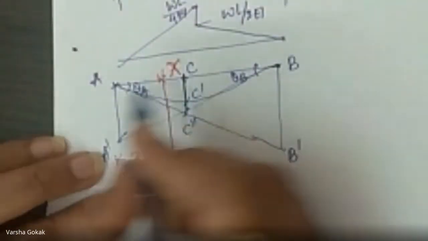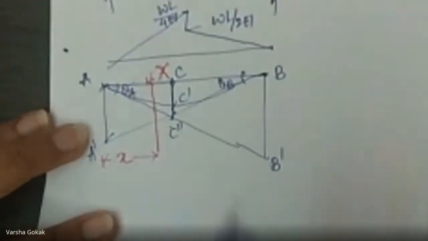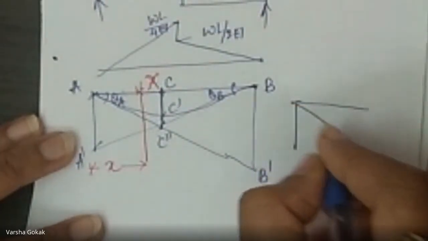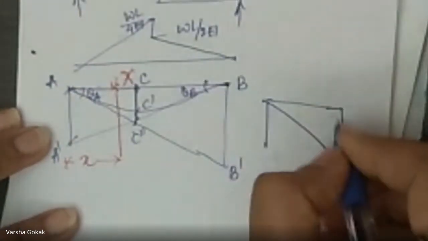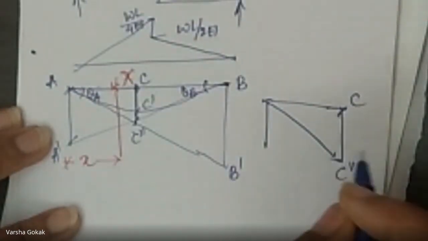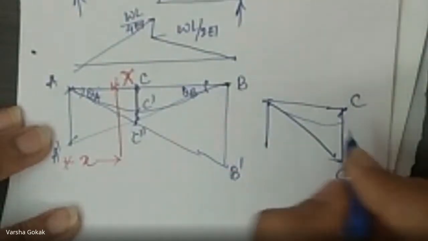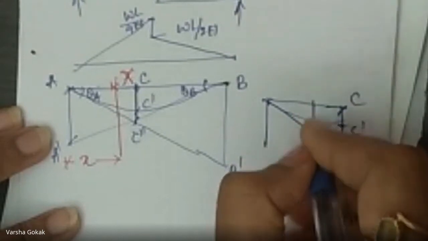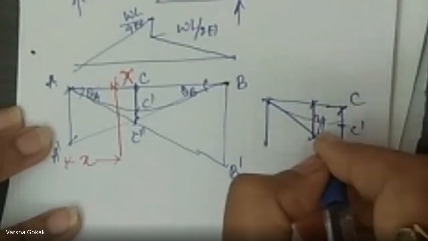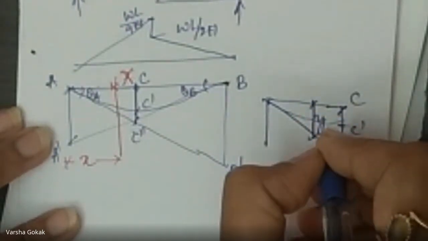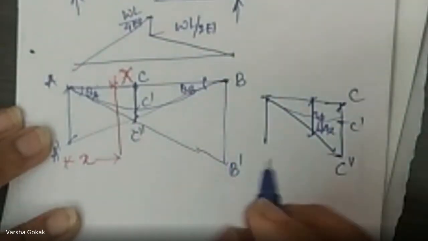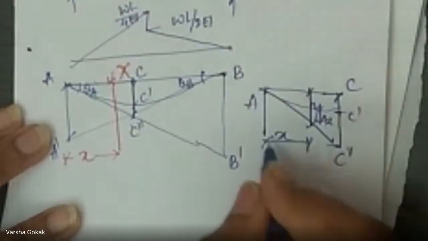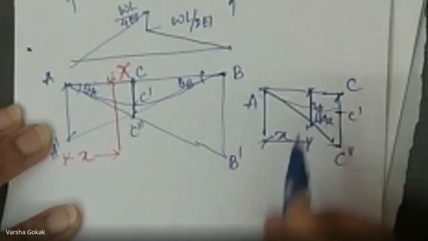Now, for this, I will use this triangle. So I will draw only the triangle. The triangle is looking like this. This is your C double dash. The elastic curve has gone like this, right? And here you have your C dash, okay? And now this deflection I want, I'll call it, say, Y_AX, okay? And this distance is x. So at a distance x from A, let us find the deflection now.